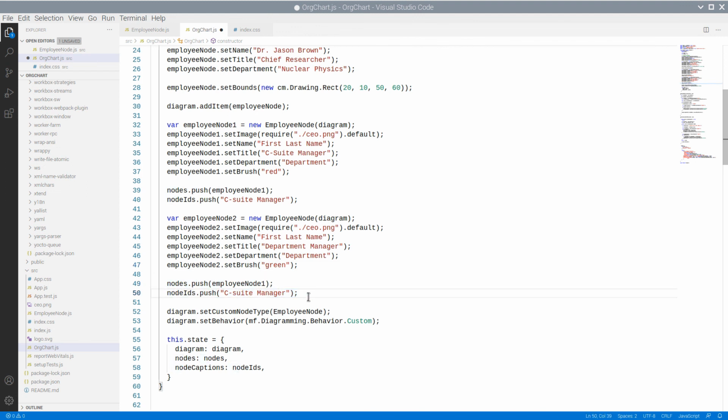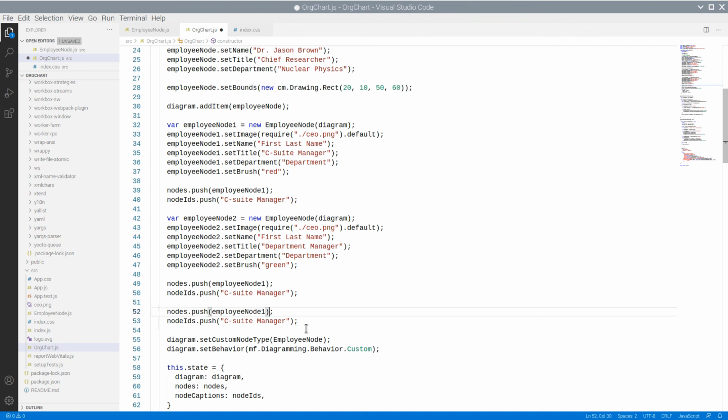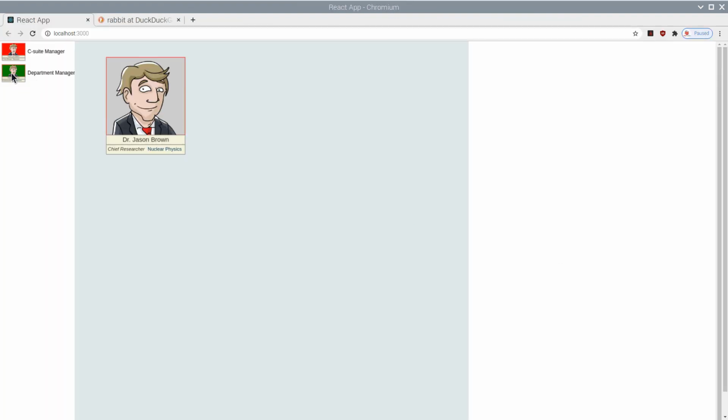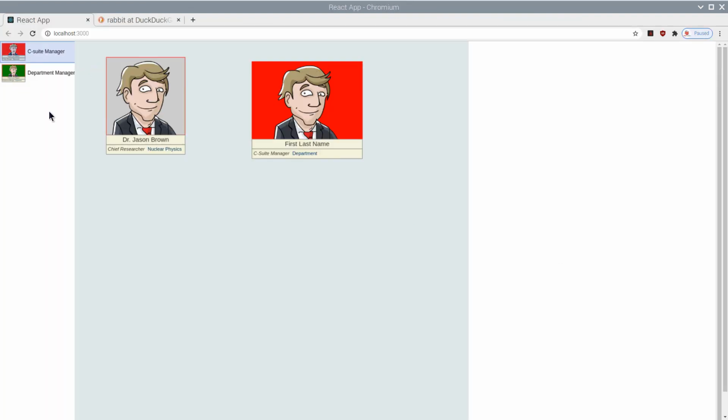We add it to the list with nodes and captions. Here's the diagram with the two different nodes.